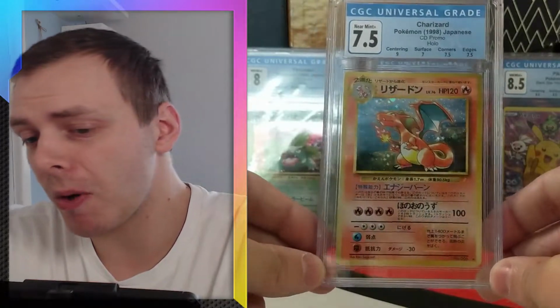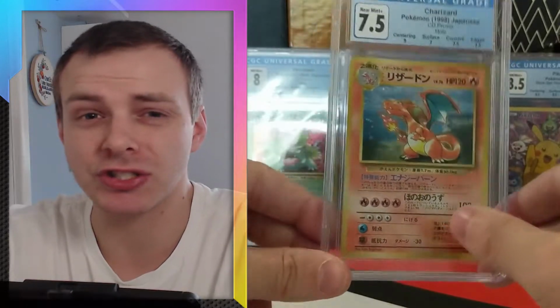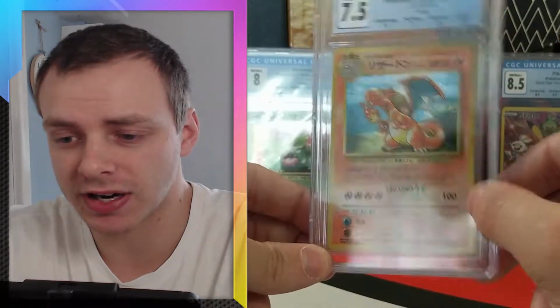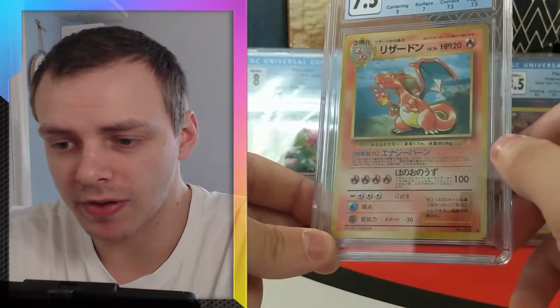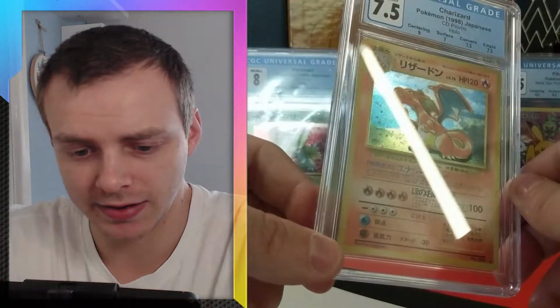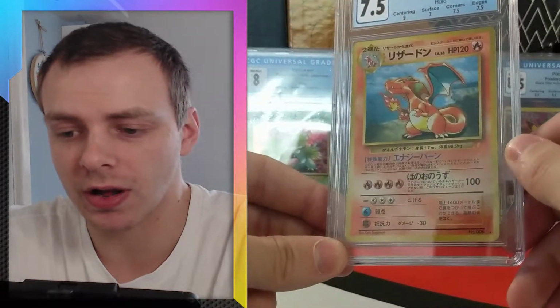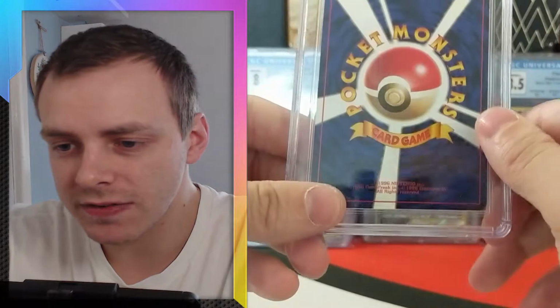Which I think again is quite harsh, but I was happy with anything above a 7 for the older cards because you just don't know. There's probably little scratches somewhere. But the holo is very clean. Like, look, as I shine this light over, there's not a scratch on the holo. So to get a 7 on surfaces,